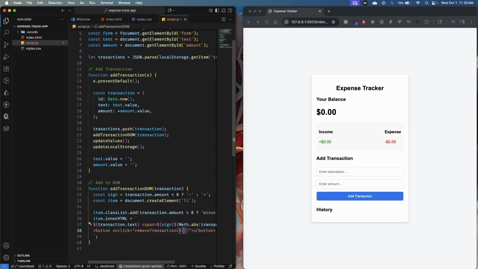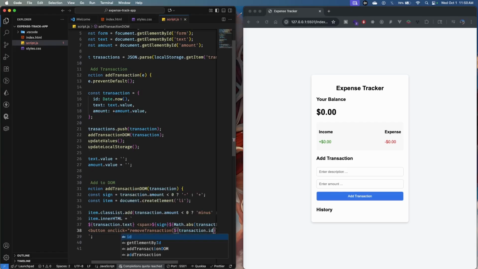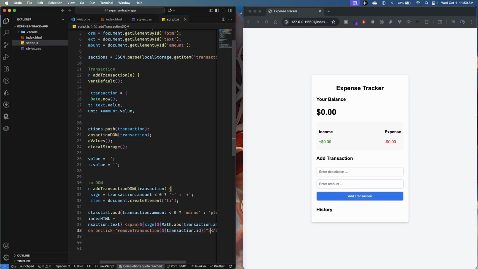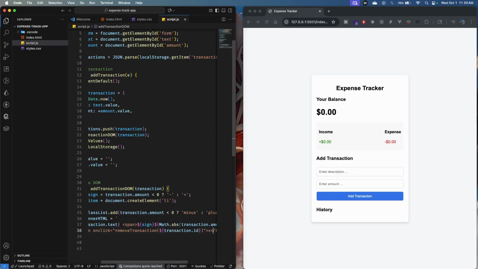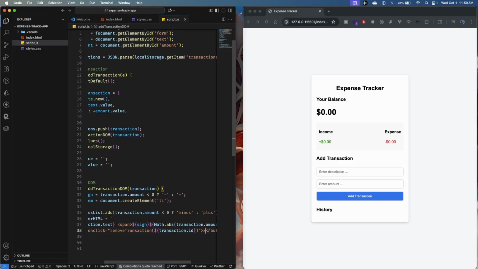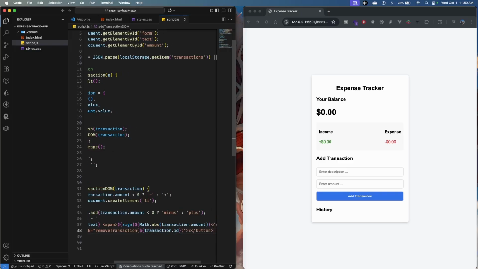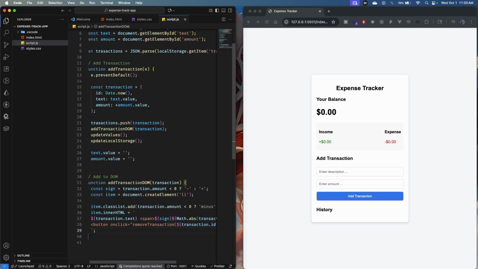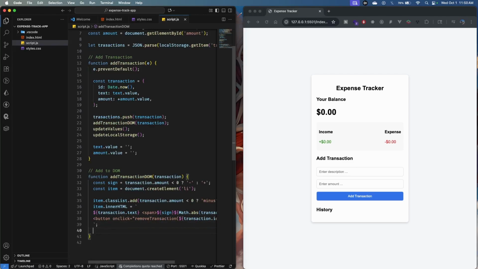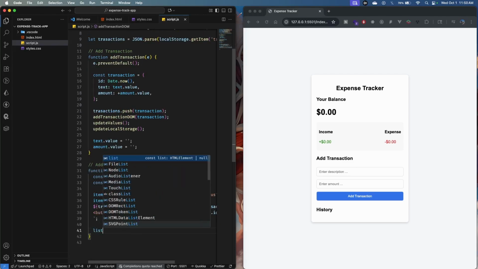The way that we have to identify a transaction is by the ID. So we need to pass the transaction.id, and on the button we have an X. This means that it will be a button for deleting. As the name suggests in the function, we are going to remove that transaction if we don't want it anymore. Good. For the last, at the end of the method, we want to do list.appendChild,